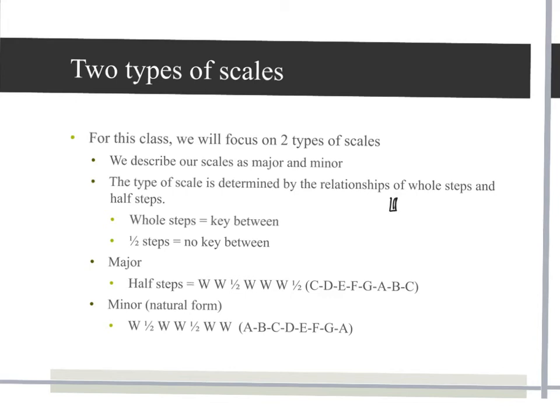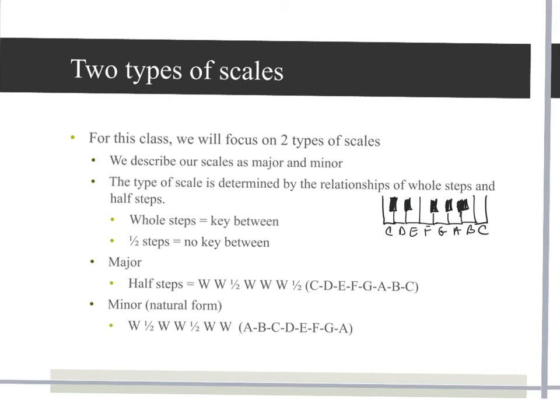So let me draw the black keys first, and then I'll draw the white keys. Okay, so here's a group of two black keys. Here's a group of three. And the piano follows this pattern of 2, 3. Okay, so here's key C, here's key D, here's key E, here's key F, key G, key A, key B, and here's key C. So here's C, D, E, F, G, A, B, C. I apologize to anybody out there who's critiquing my artistry right now.